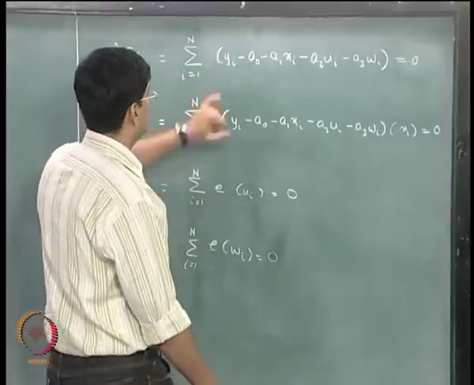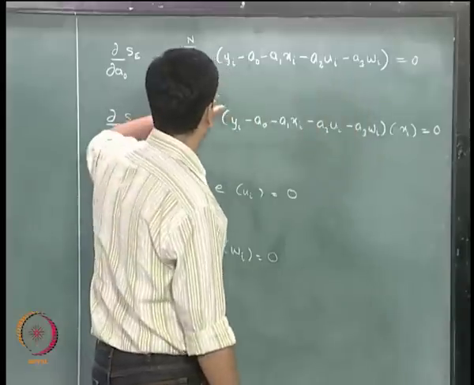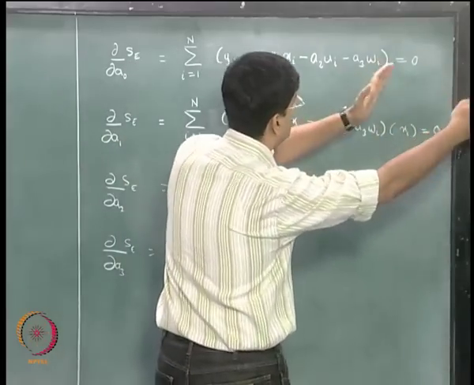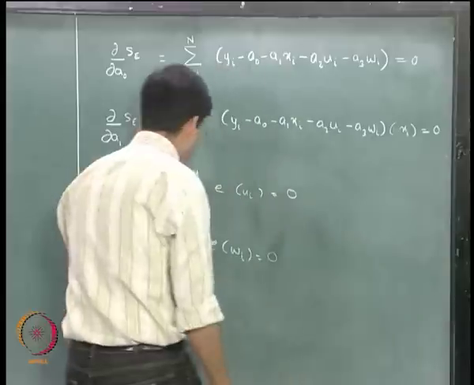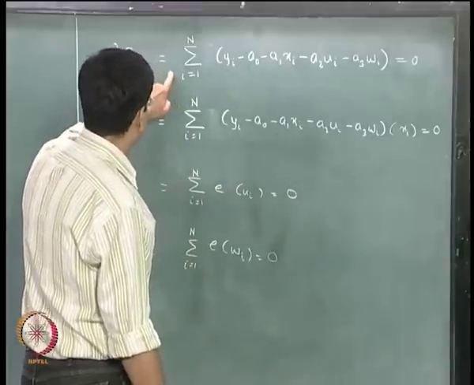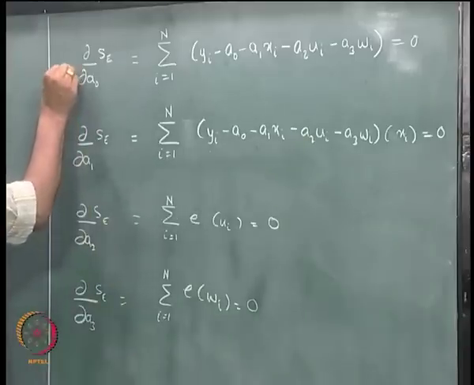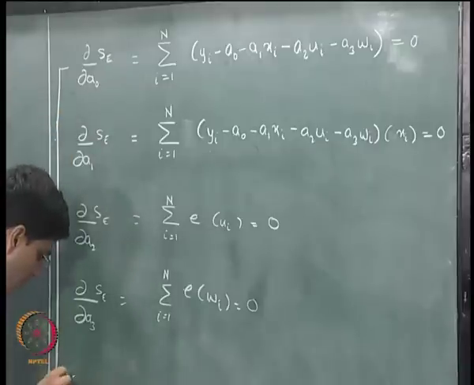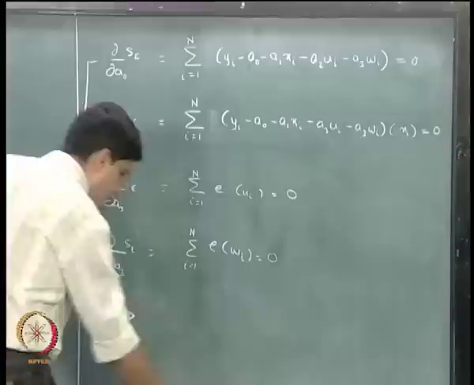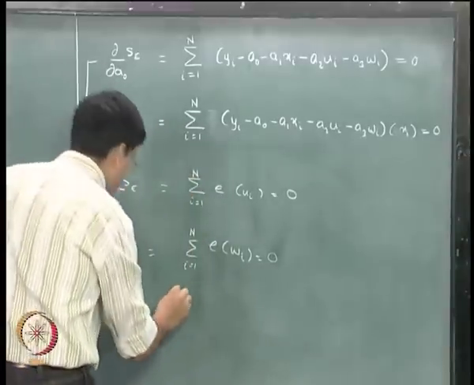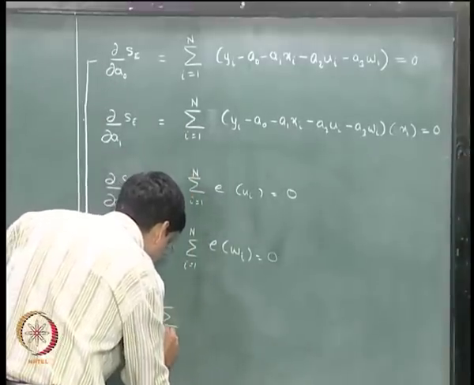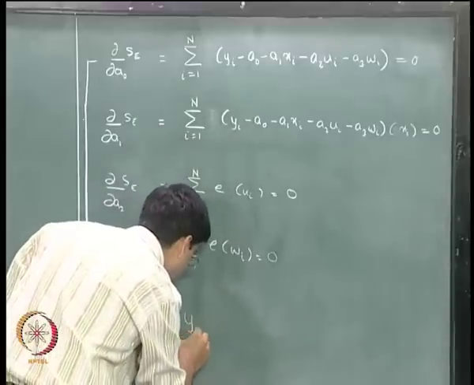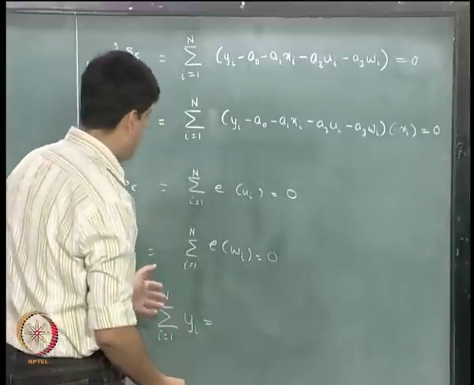If you look at this particular equation, we have taken all of these to the right hand side. So what we will get is summation i equal to 1 to n yi is going to be equal to